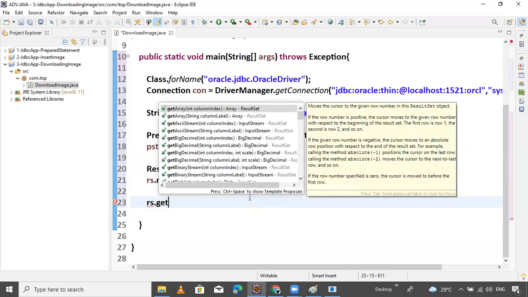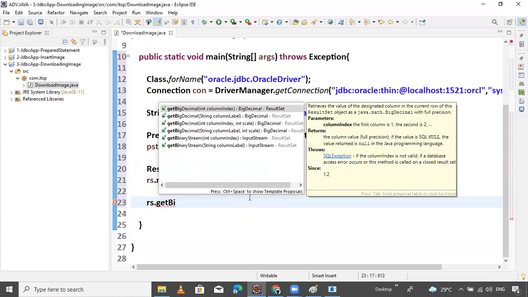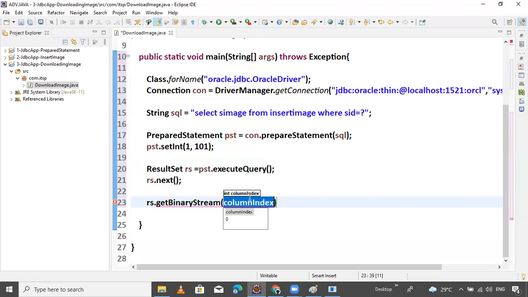And simple, prepare an input stream: rs dot getBinaryStream. Pass the column number, which column you want to get the binary stream from. Only one column exists, so passing 1 here. The return type of getBinaryStream I want to store inside an InputStream.